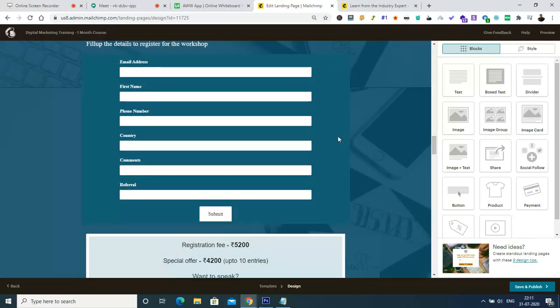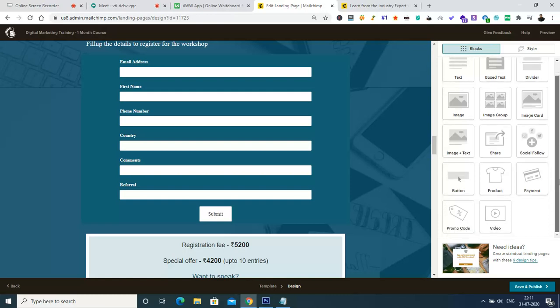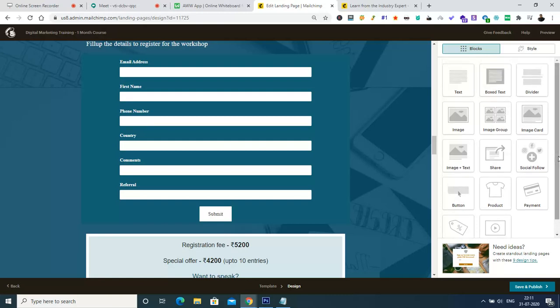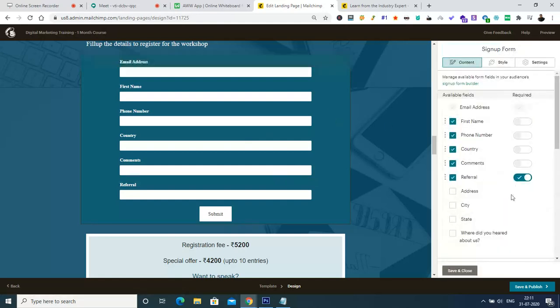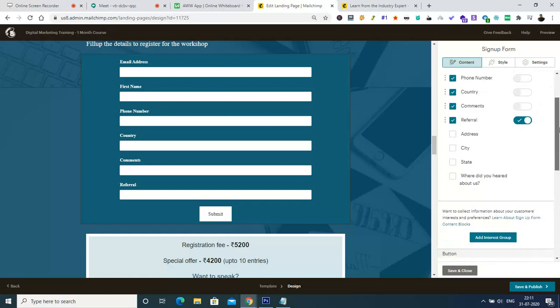Then what we have here is the form. This is the form option which is available here. I think the form option can be added only once, and I had already added it. This is the form I created, and it has options like name, phone number, email ID, comments, address, and so on. We can create additional fields in this segment, and we'll see how to create additional fields in the upcoming courses.